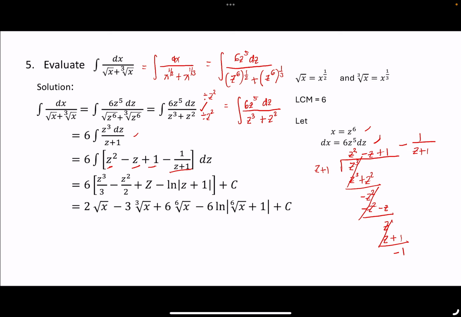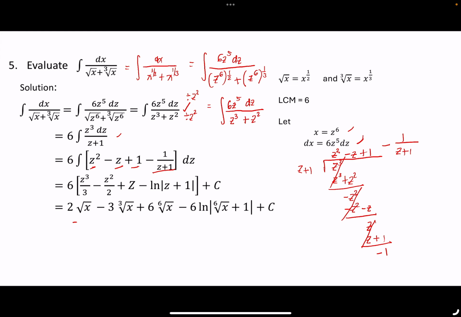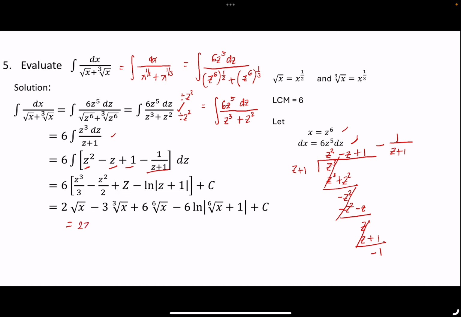So 6 over 3 is 2, z cubed. So take note, we have 2z cubed minus 3z squared plus 6z minus 6 ln of z plus 1 plus c. But take note that z is